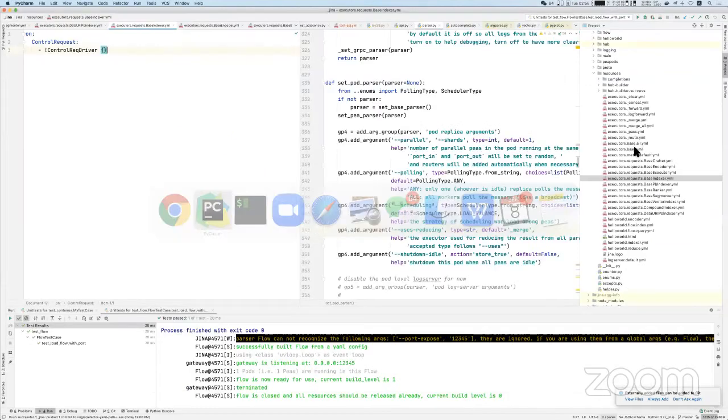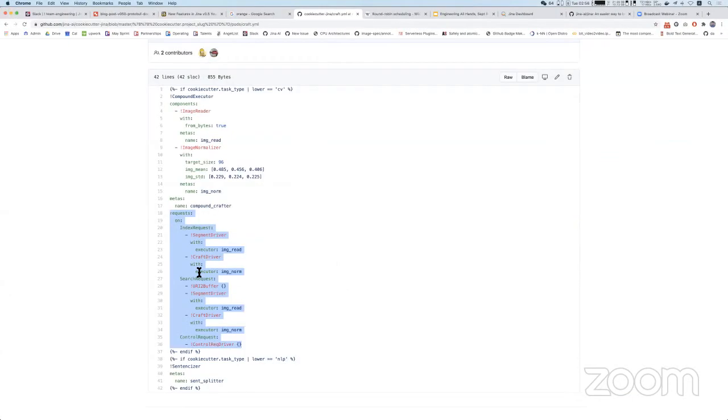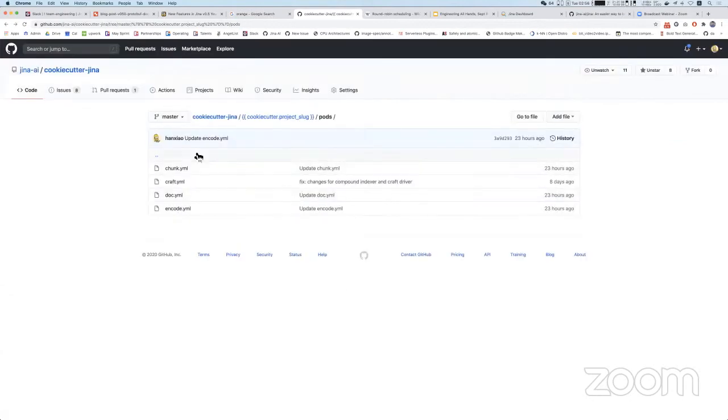But let's say in the future, if we found that this pattern is very, very general, a lot of applications using this pattern, we probably will promote that into the core, so you don't have to write this by yourself again. Okay, so to sum up,